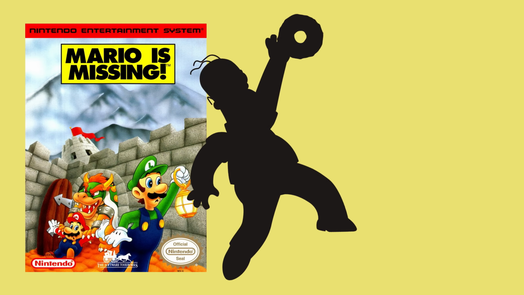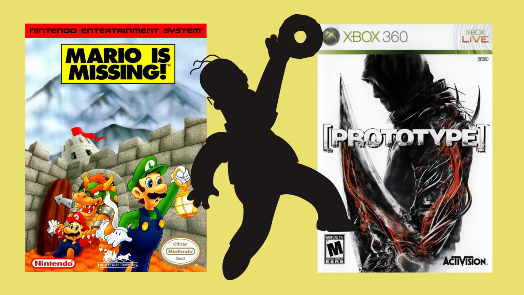Fox decided to have Radical Entertainment, which, if you didn't know, is the development studio behind both Mario is Missing for NES and Prototype, two really similar games,